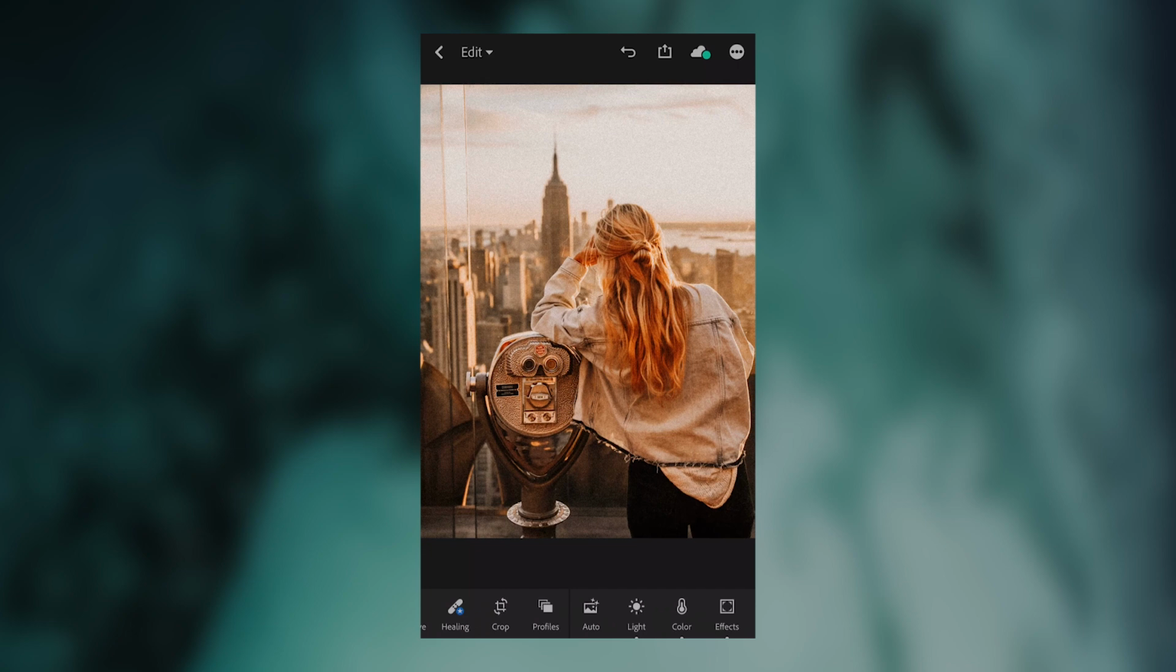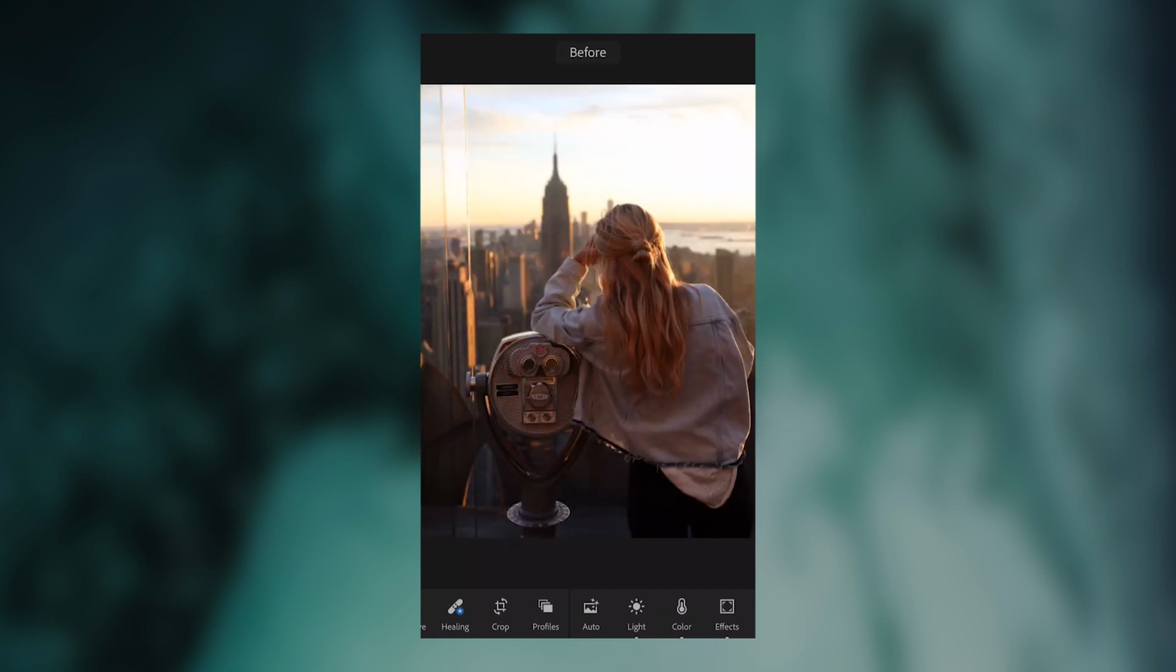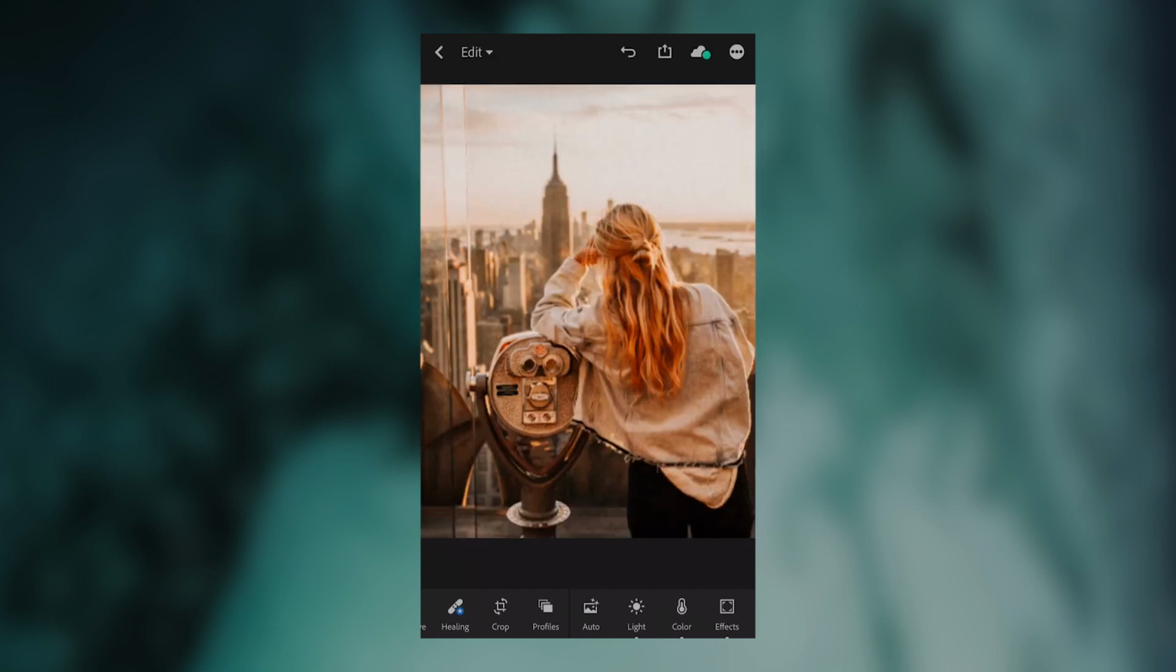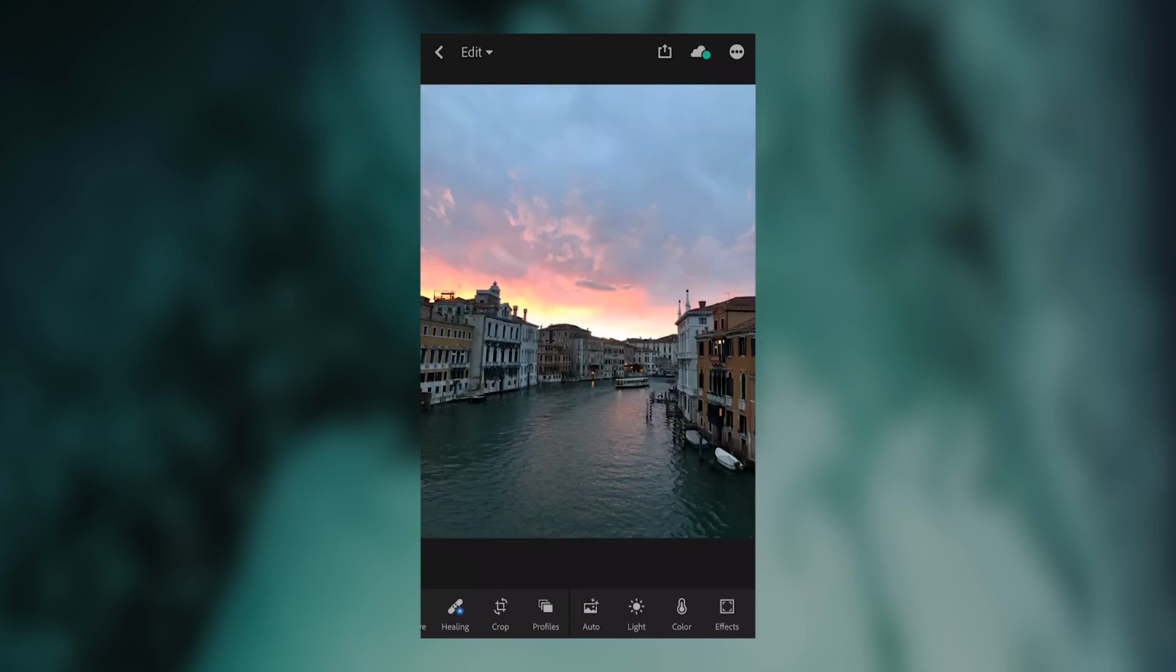If we flick between the before and after, we can see how once again we've just given it that really nice warm sunset glow with a nice filmy look to the edit. Up next, we have another beautiful canal shot with the sunset just popping in the sky,